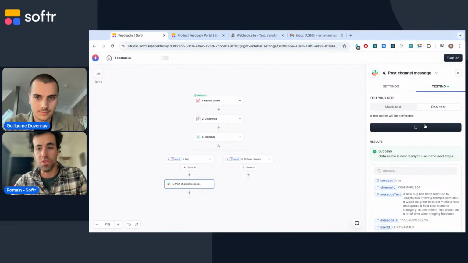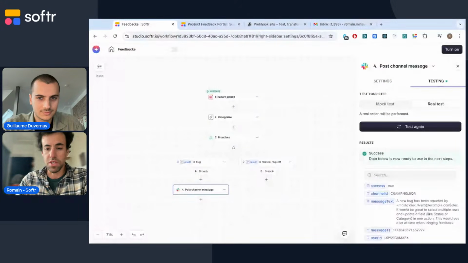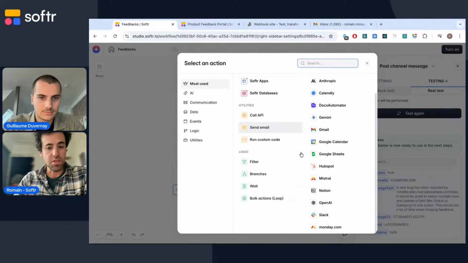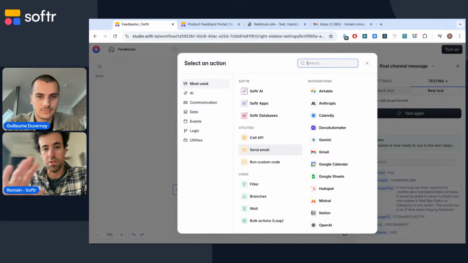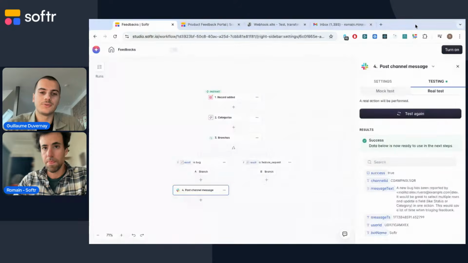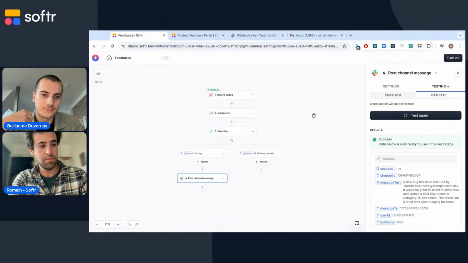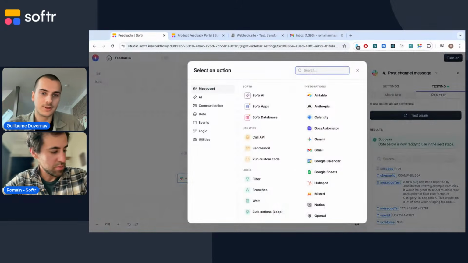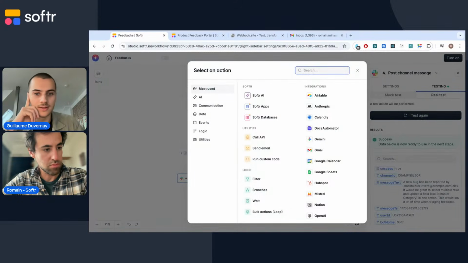The test is just to be sure of the output. You don't see it here, but I just received on Slack a notification with the content of this message. We won't necessarily finish the other branch, but potentially you could do something different, notify a different channel, for instance, on the other branch. And a good use of those in the context of apps would be, right before sending the notification, to store the result in the same Softr database where we would have a field for the category. Once it's stored, you let the team know so they can jump in.